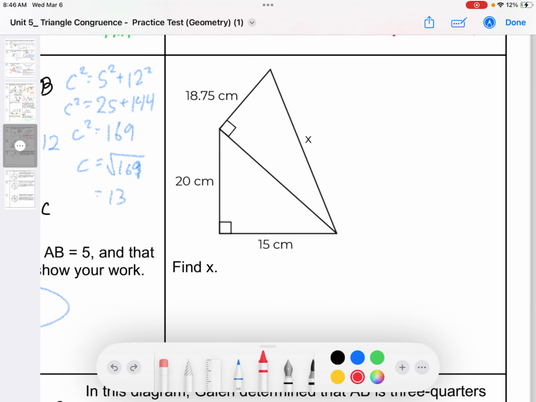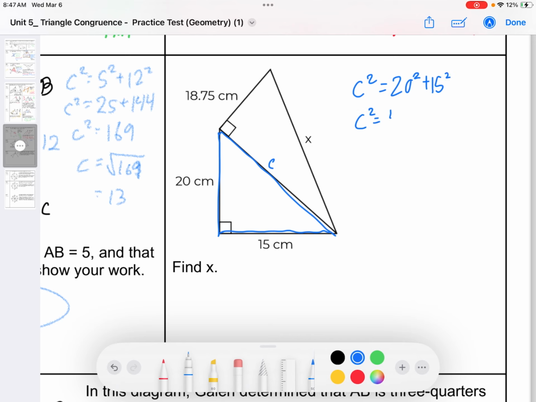Find x. If we need to find x here, here's a little bit of a struggle that people have, is they're like, well, what do I do with all three of these numbers? But you just got to reason as to what am I finding in this case. I see a right triangle. That means I can find its hypotenuse because I have both its legs. So to find its hypotenuse, c squared, and I'll call this one c, well, that's equal to 20 squared plus 15 squared. So c squared is 400 plus 15 squared is